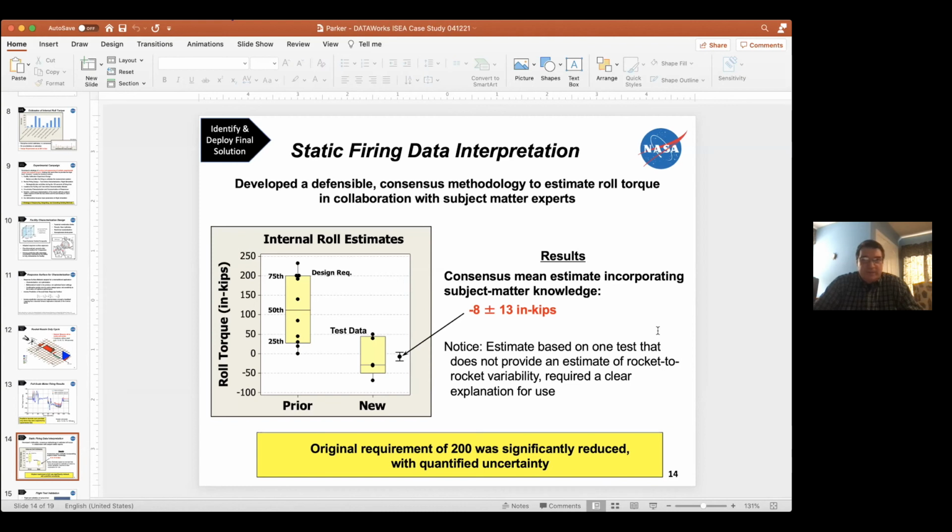And just a rough interpretation of that, if you're familiar with statistics, is that interval covers 0, and therefore we really couldn't distinguish it as different than 0. This provided a significant reduction in the original requirement for the program of 200. Now, this was an estimate based on one test of one rocket. I'm sure that our colleagues in the military experience this challenge all the time, as we do, with very small sample sizes. That's one, the smallest sample size you can have. And being careful about what you quote and what that variability represents. That's a within-rocket, not a rocket-to-rocket variability.